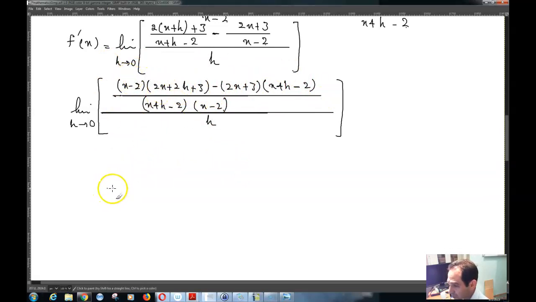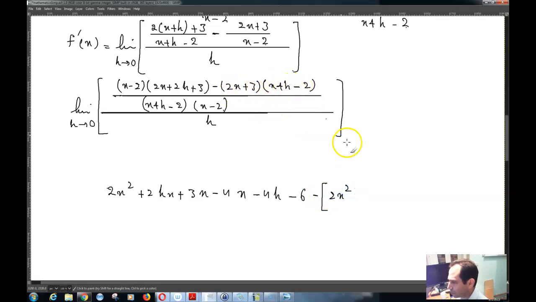So that is 2x squared, that is 2hx plus 3x minus 4x minus 4h minus 6 minus 2x squared, 2xh or 2hx, negative 4 plus 3x plus 3h minus 6, which is equal to